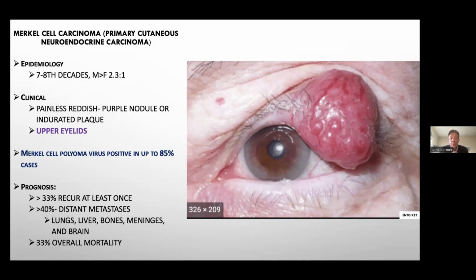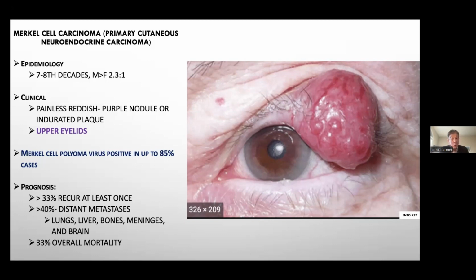Interestingly, the Merkel cell polyomavirus is positive in up to 85% of cases. And in cases where there can be a diagnostic dilemma, there is an immunostain for the Merkel cell polyomavirus, which can be helpful. The reason this is an important tumor and why ophthalmic pathologists are very aware of this is